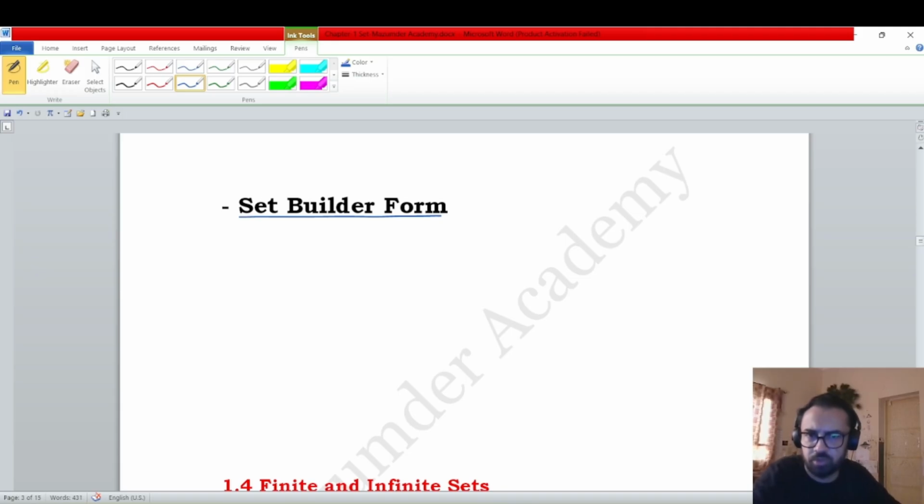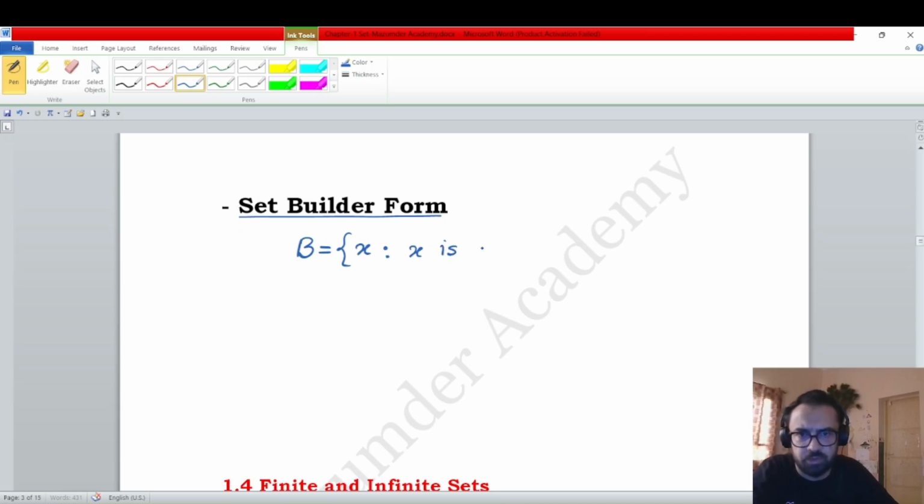Elements of the set will not be given. The description of the set will be given. For example, if I write, say, B is a set, all those X such that